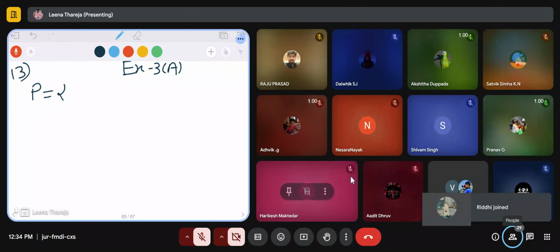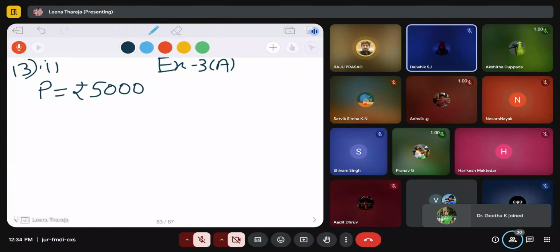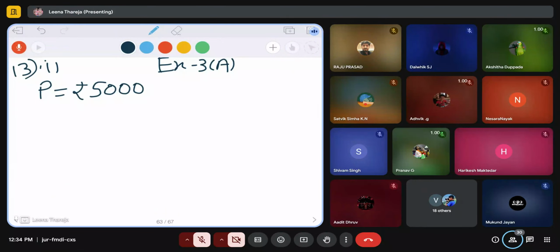When the number of periods, the number of years, was how much? 2 years. But he has invested the money for the complete 3 years. In between, he has mentioned that he has to get that amount from the bank wherever he has invested, or from any person he has given it to. He has to get 6,272 rupees, correct?